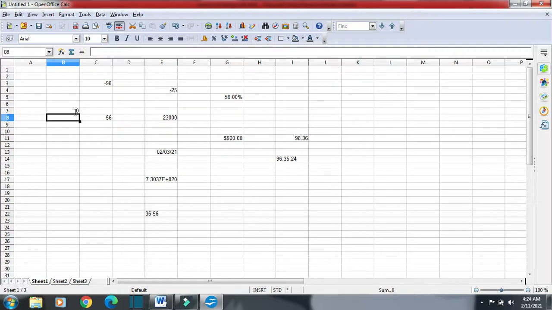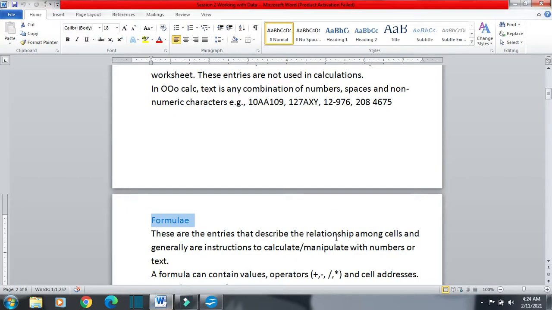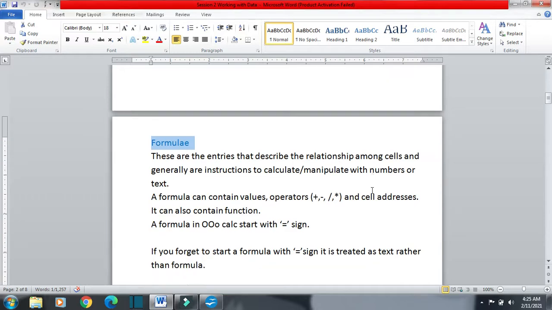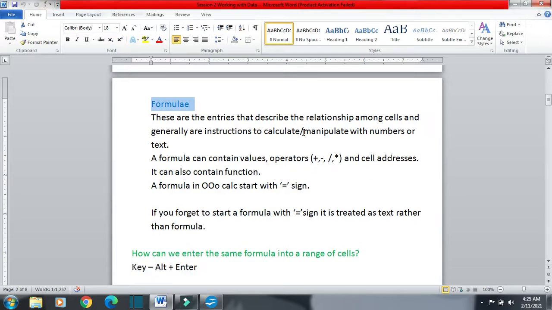So formulas define the relationship between two cells or more than two cells, and generally are instructions to calculate or manipulate numbers. They are generally used to calculate data, or sometimes to manipulate text also.